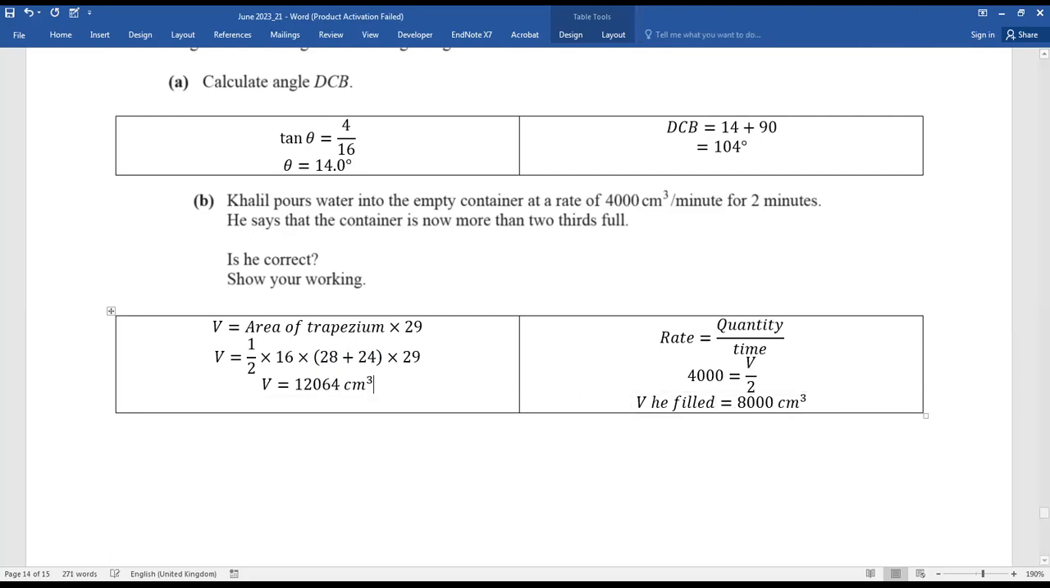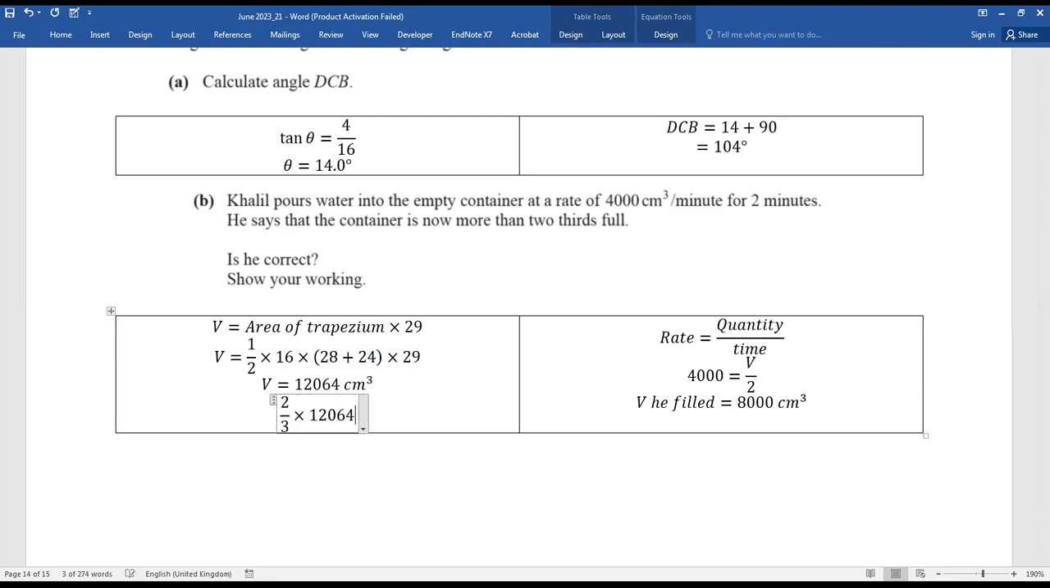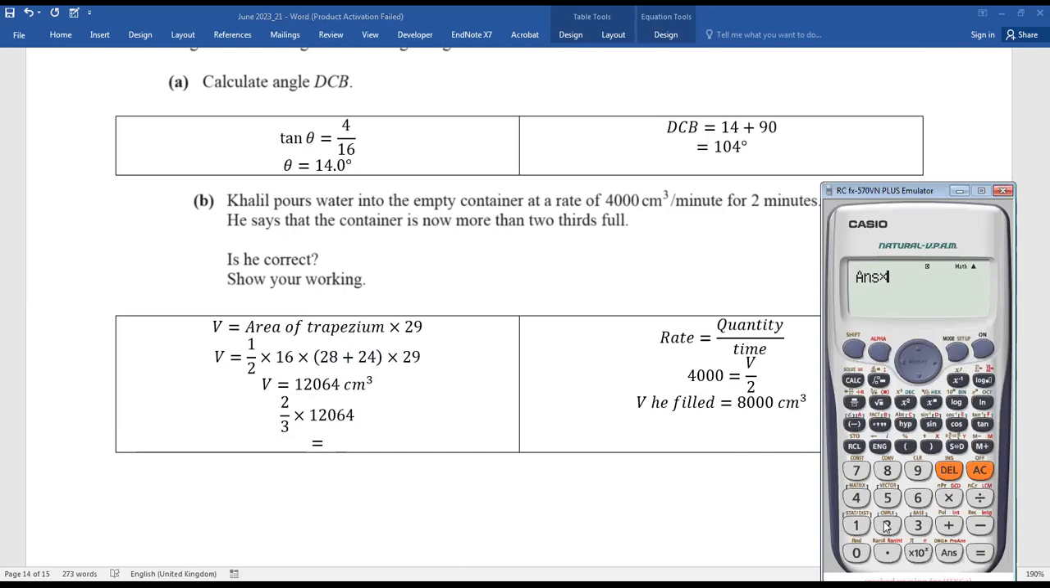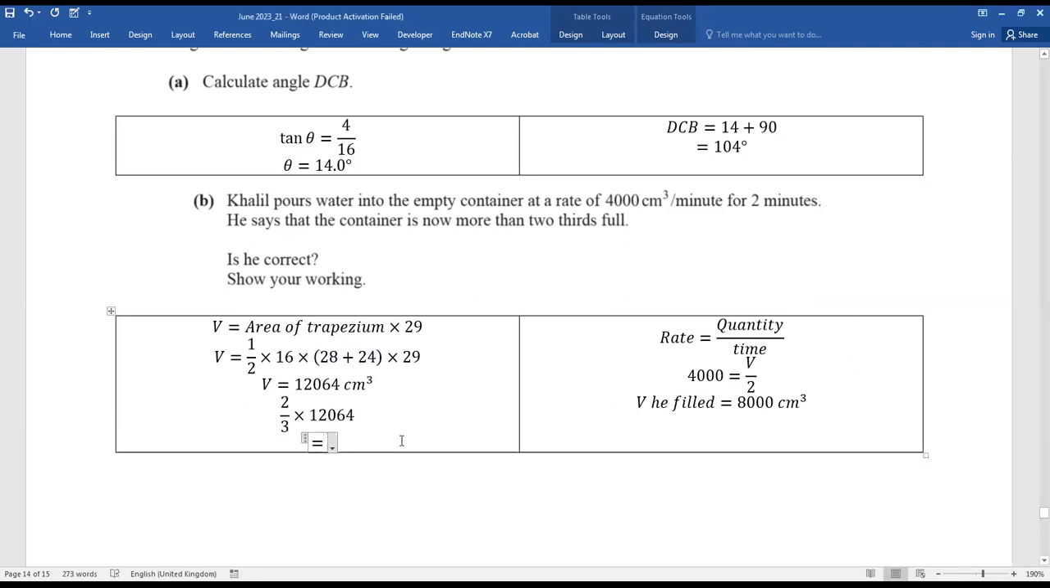Let's see what is the 2/3 of the total. 2/3 of total is 12064 into 2/3, which is 8042. 2/3 is 8043. He has filled less than 2/3, so he's wrong. It's clear? So moving on,